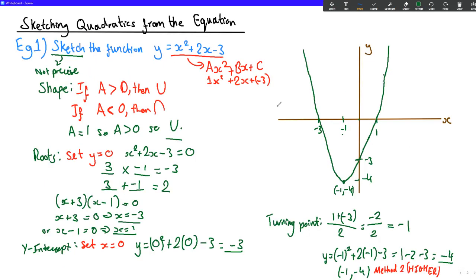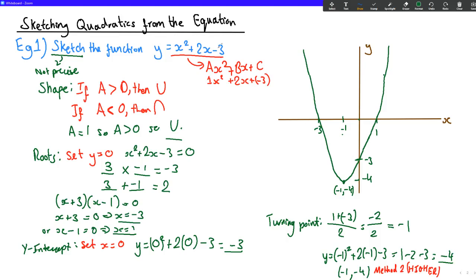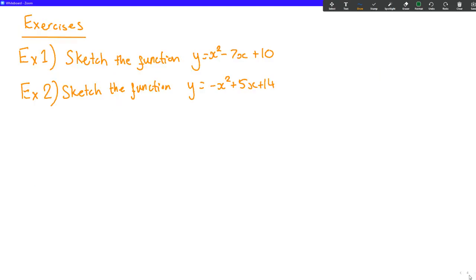I forgot to mention that this is the same quadratic curve as this. I've just shown how we can go from the equation to the graph, and how we can get all these different bits of information from looking at the graph. Okay. Here are some exercises for you to have a go at. And I will see you in the next